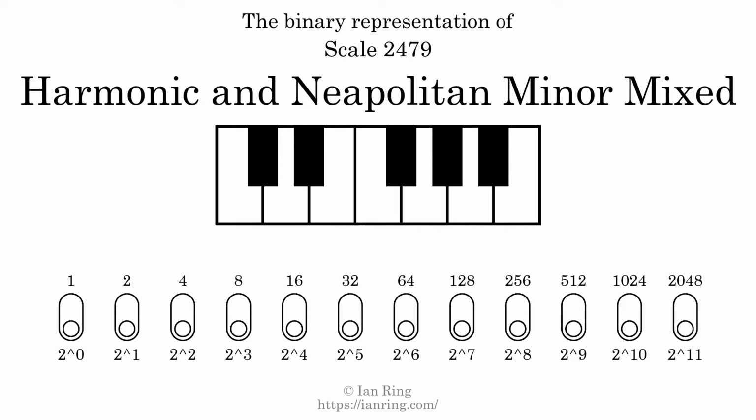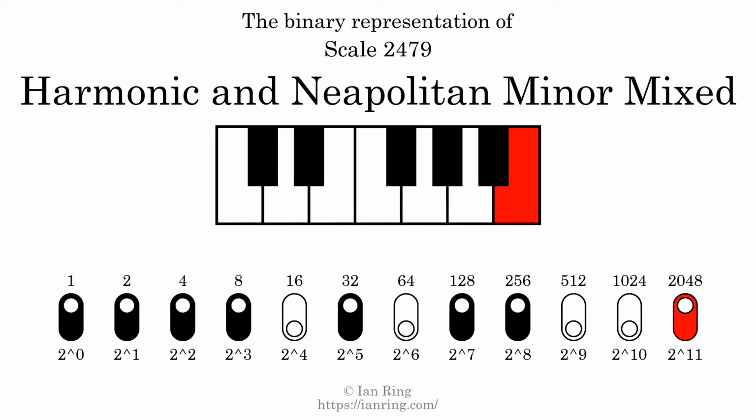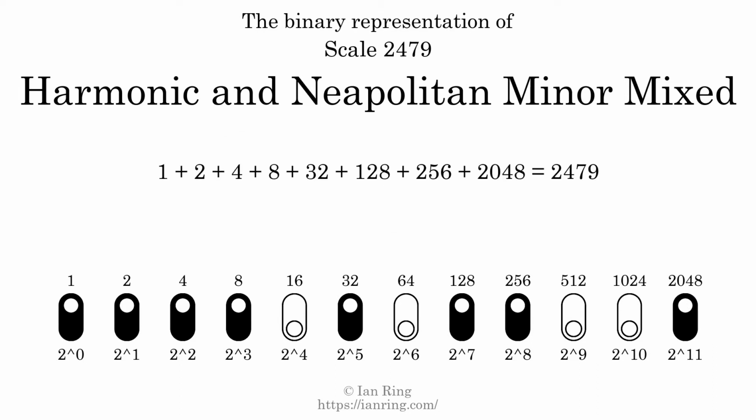The binary representation of this scale is determined by mapping tones of the scale to binary digits. Each binary digit represents a power of 2. To get the scale number, we add the powers of 2 together. The powers of 2 that are present in the scale, all added together, equals 2479. That is why the scale number, in decimal, is